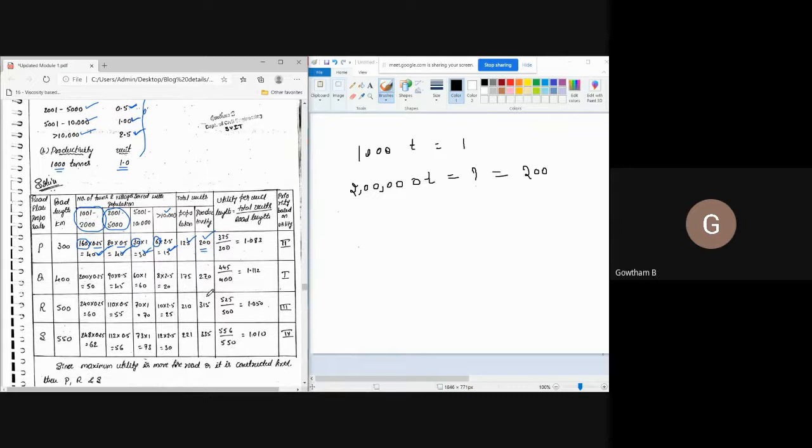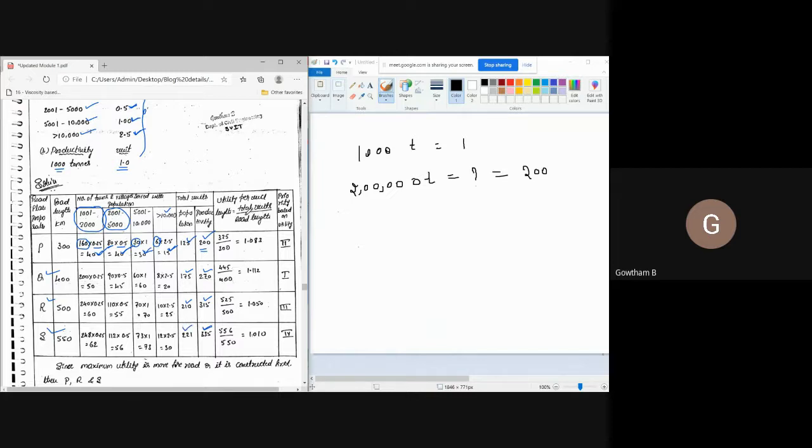Now, the same data you need to work out for proposal Q, proposal R, and proposal S. For proposal Q, total population unit will be 175 and total productivity unit will be 270. For proposal R, total population unit will be 210 and productivity unit will be 315. And for proposal S, total population unit will be 335. Total productivity units will be 335 and population unit will be 221.